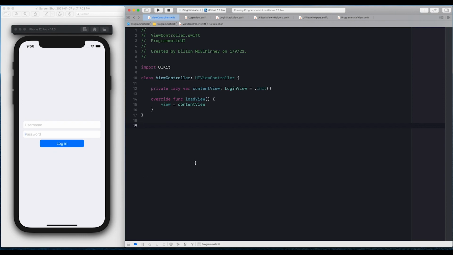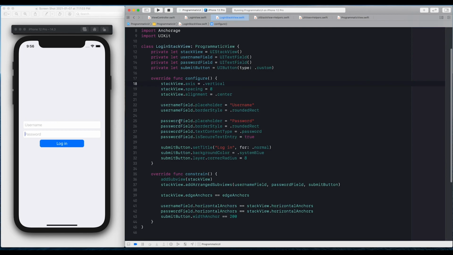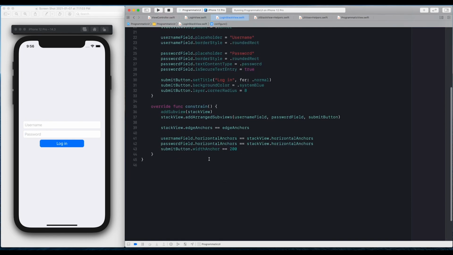So there you have it. That is basically kind of the journey that I have taken over the last couple of years, from first learning how to define a constraint programmatically to how I actually organize that code today. When you get down to it, what the code is actually doing is still very similar. Obviously, our configure method stayed pretty much the same, but the constrain method has gotten a lot simpler, more reusable, way easier to read and write, and it's faster to build things because I can pull in components that I've already defined,